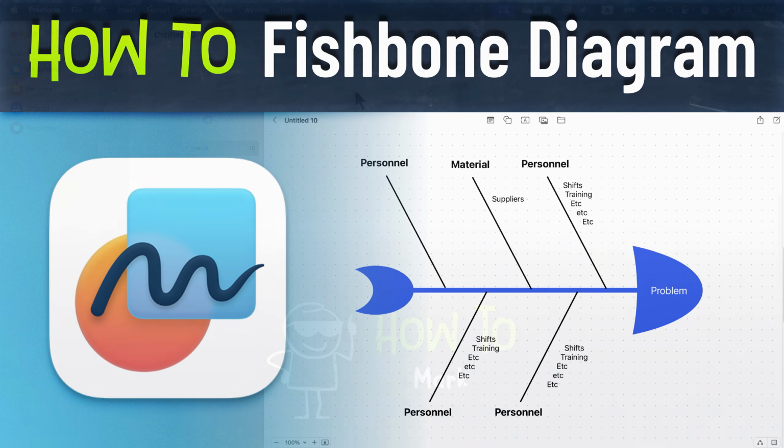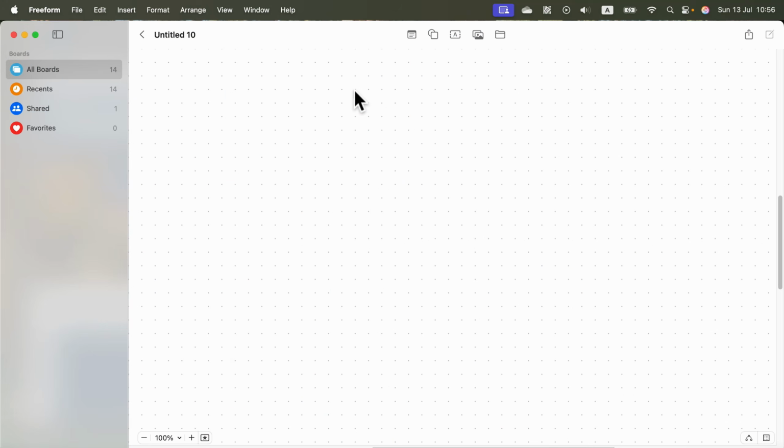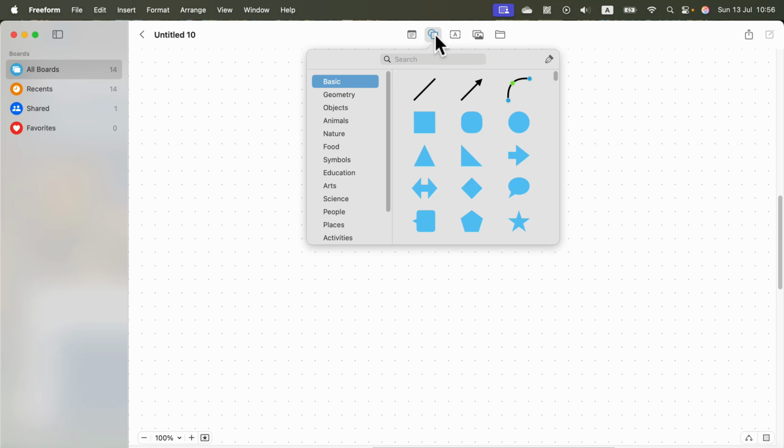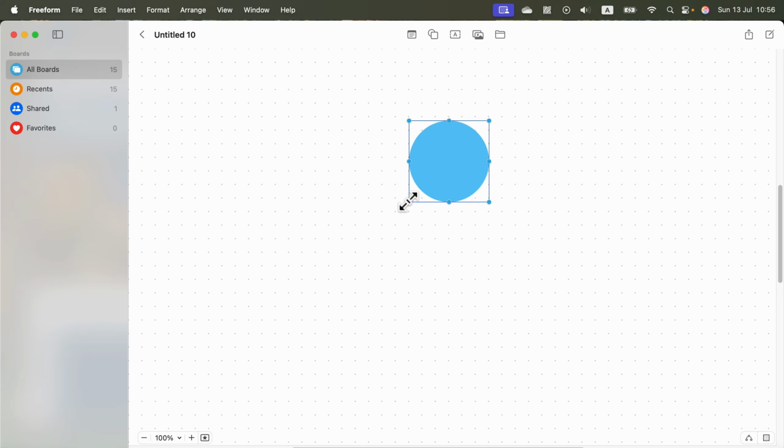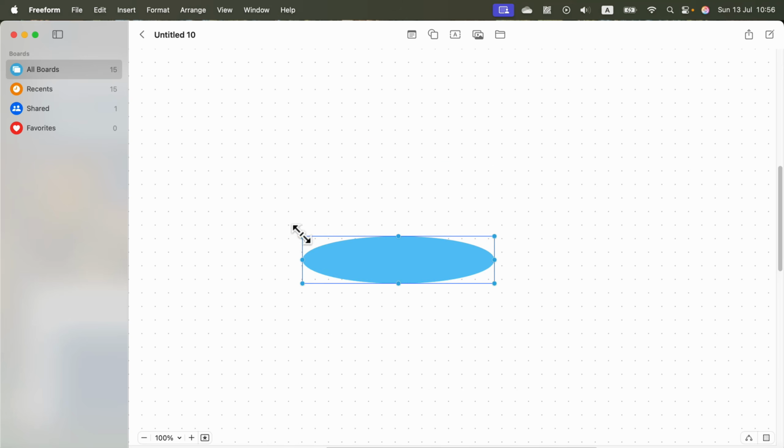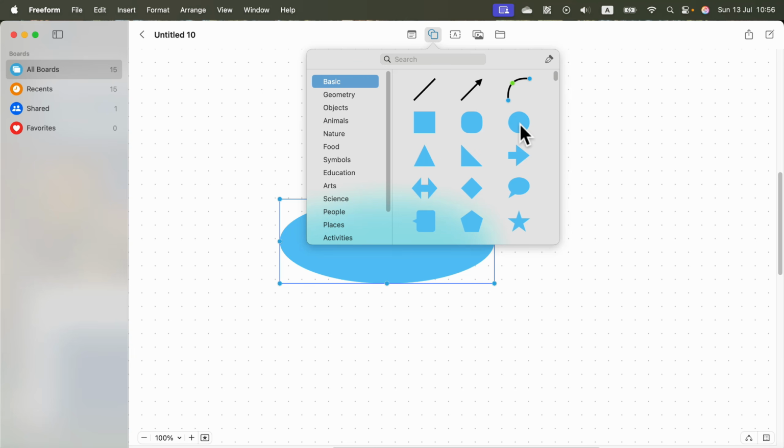Let me show you how you can use Apple Freeform on your Mac to create a fishbone diagram. Let's start with the shape tool. We need a head for that fish, and that's the place where we define the problem. I like to draw an oval like that, and then I take another oval,